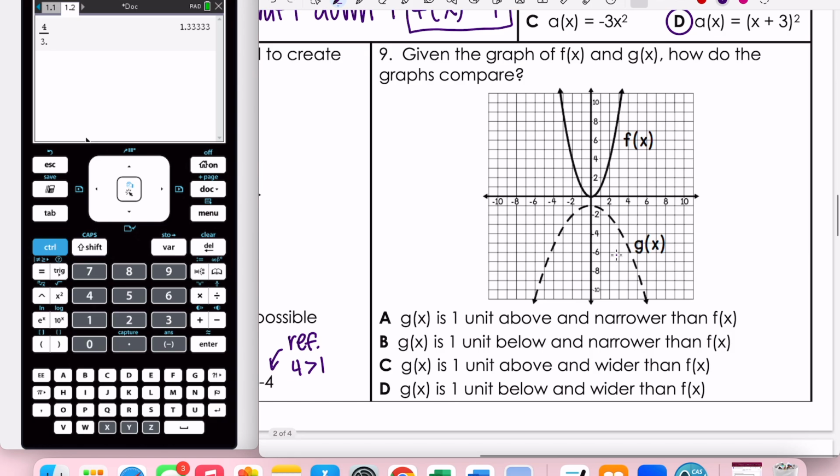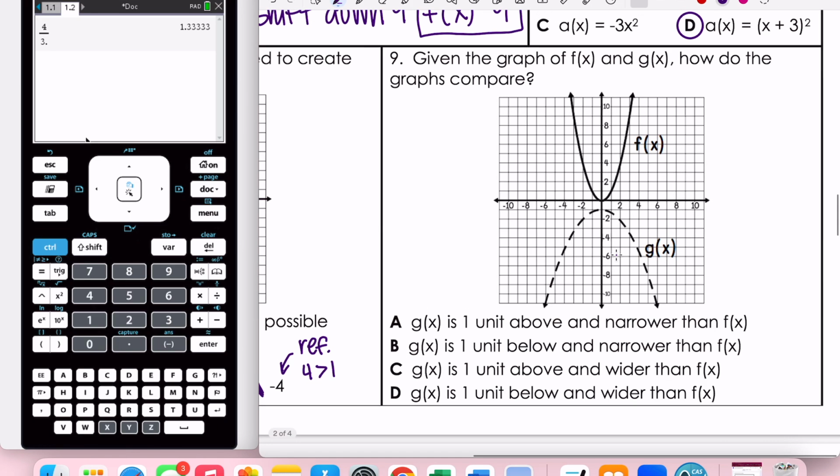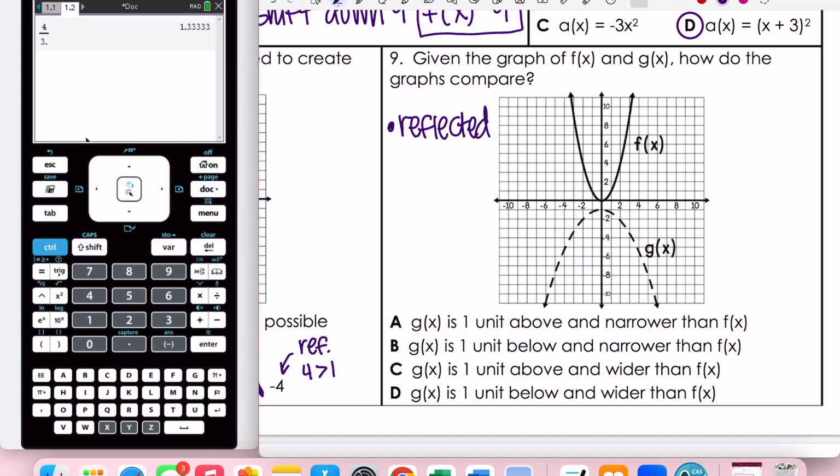Okay, number 9. Given the graph of f of x and g of x, how do the graphs compare? So first thing I automatically notice is that my graph is reflected. It is reflected across the x-axis, and I know it's reflected because it opens down. Now, when I'm comparing the overall size to the parent function, I notice that g of x looks like it has gotten wider. And remember, when it gets wider, we call that a vertical compression. So I'm going to say compression